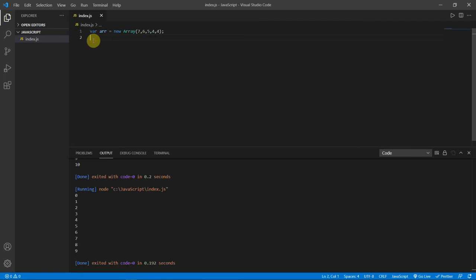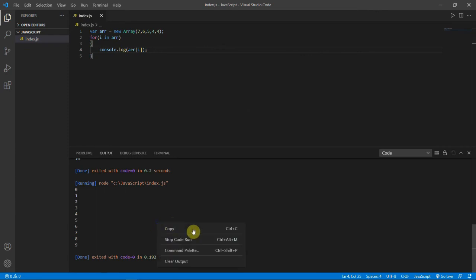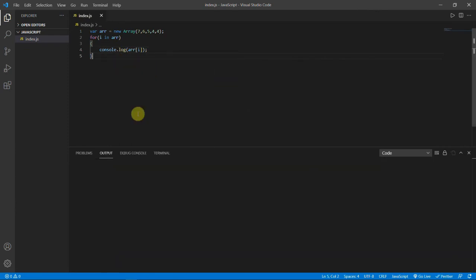Now to loop through this array using a for loop, we have a function called for in. So let's see that. For, inside a bracket, I in arr, and here let's print console.log arr of I. Now let's see what output we get. Let me run this. 76544. So yeah, 76544. This is the value which we are printing using the for loop,